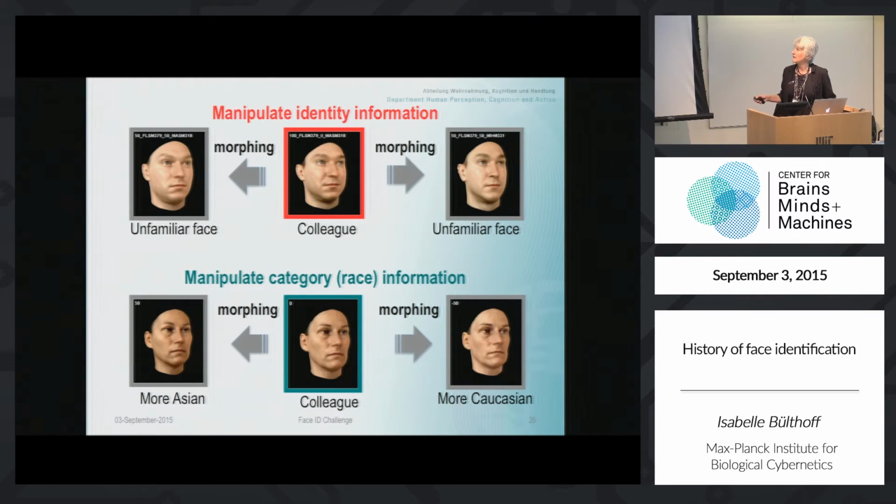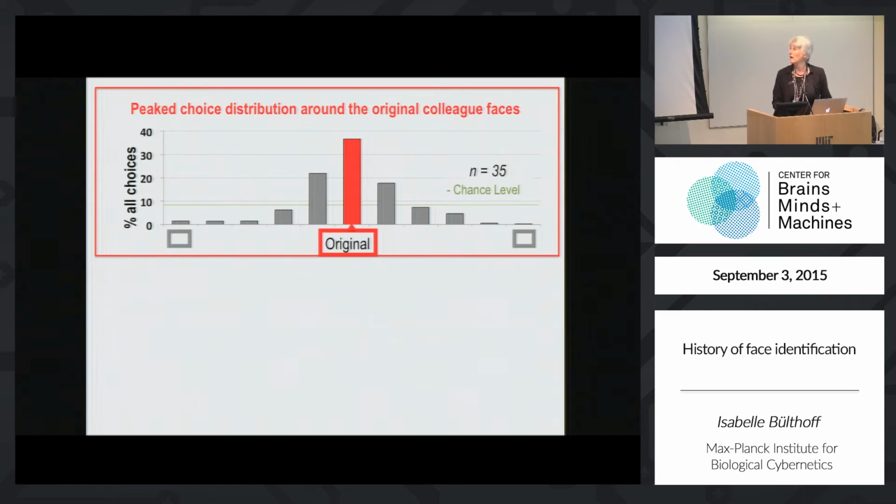And here, as you see, only the identity is changing, but the sex and the race of the face stay the same. Then here it's my own face, and here the manipulation is in terms of race. So here I'm getting more Caucasian looking, and here more Asian looking. And again, my real face is in the center of the distribution. So we showed all these, for each face together with its own distractors, and the task of the participants, who were all other colleagues, was to find the real face that matched the colleague you know. And we did that for each of these faces separately.